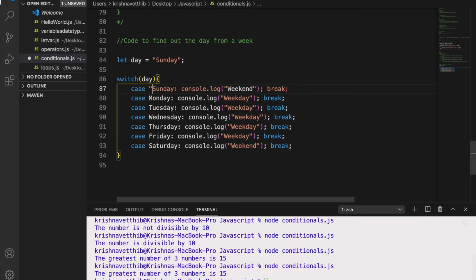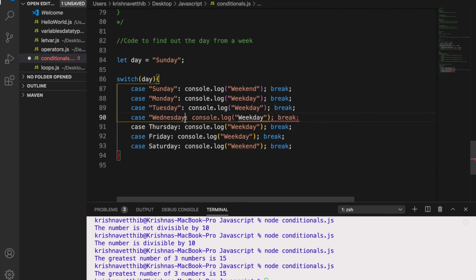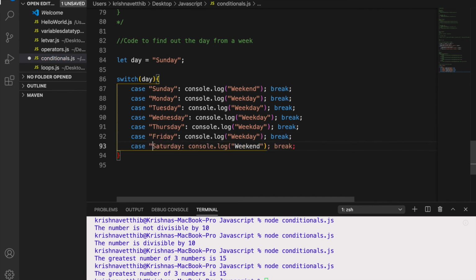So as day is a string, we are going to write this way. So here we are passing Sunday in the switch case.